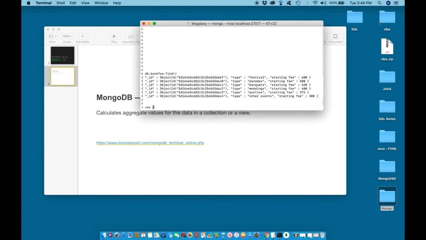At the beginning of this course, we created a variable to insert many documents at once. Now, let us create a variable to insert a specific function. In this case, we are looking to insert a minimum aggregate function. Let us create a var. Let us name it T1. Var T1 is equal to